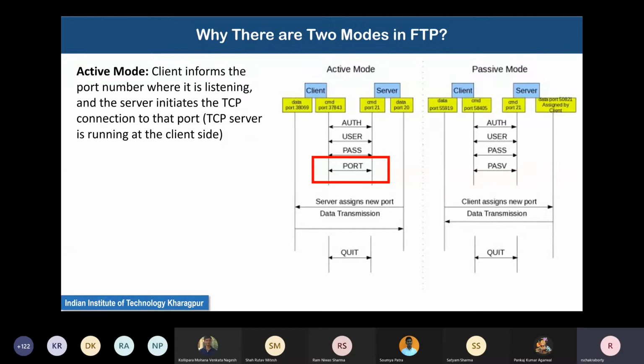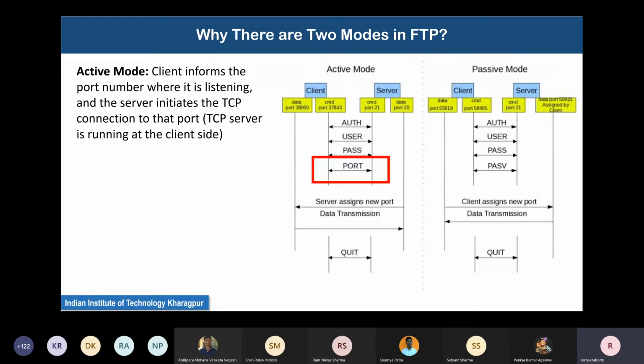And so you have this unidirectional arrow which says server assigns new port, meaning the server initiates a TCP connection at port 38069. So this PORT command actually gave the server this information. The 38069 is the port at which the client expects the data connection.